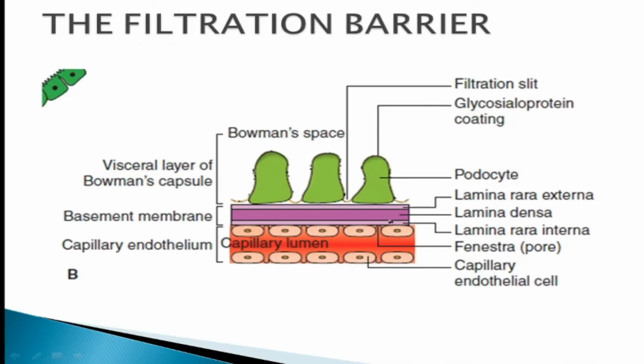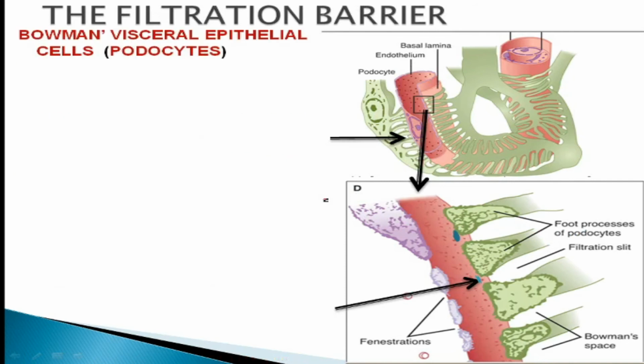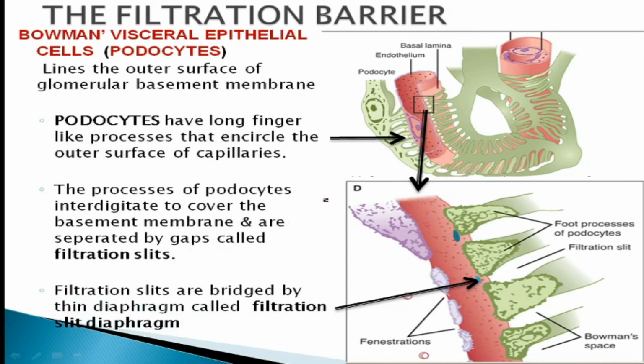Alright. So here you can see a diagram which shows the capillary endothelium followed by the basement membrane. This is the lumen of the glomerular capillary with endothelial cells, followed by the basement membrane showing the 3 electron microscopic features, that is lamina densa and lamina rara interna and externa, through which the substances are stopped. And finally we have the third layer, that is the visceral layer of the Bowman's capsule. Now, what is this visceral layer of the Bowman's capsule, or the podocytes, and why is it called so?